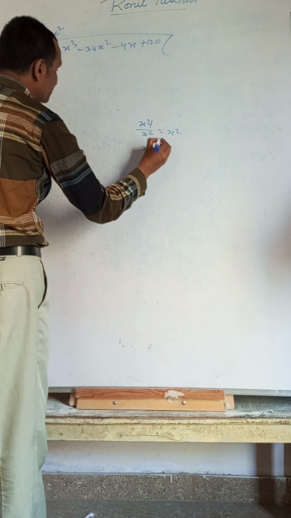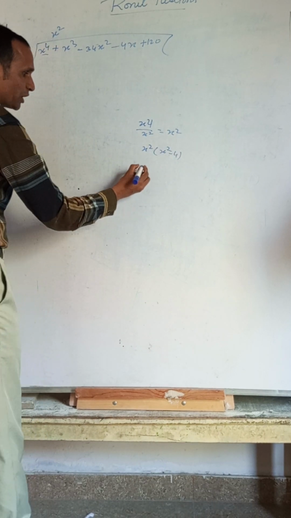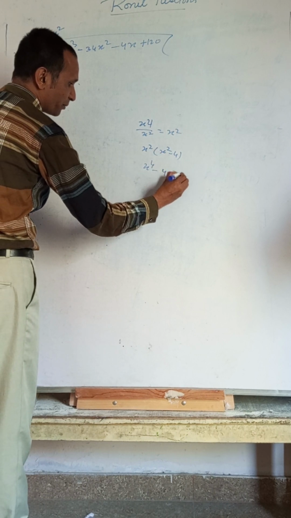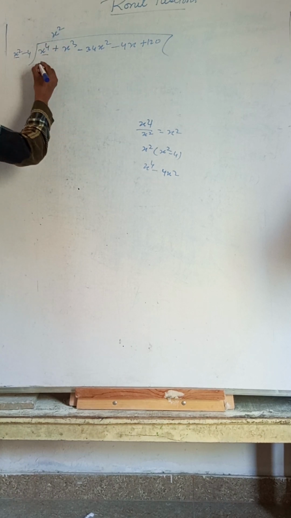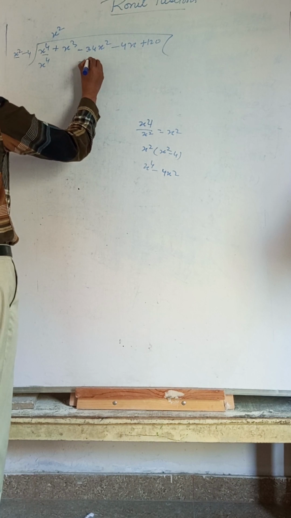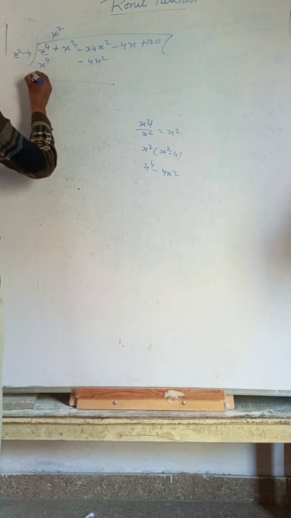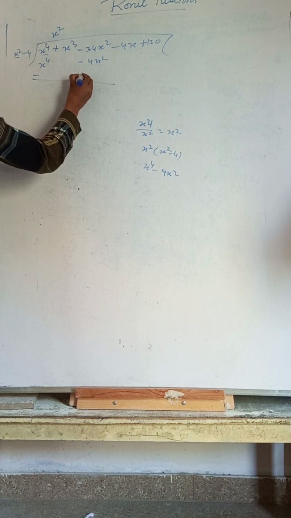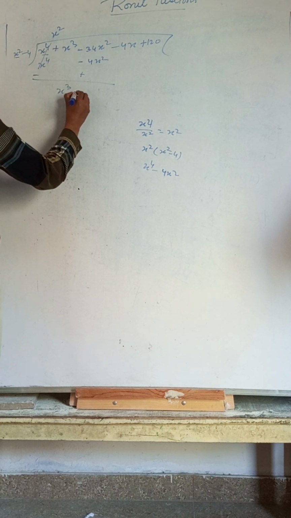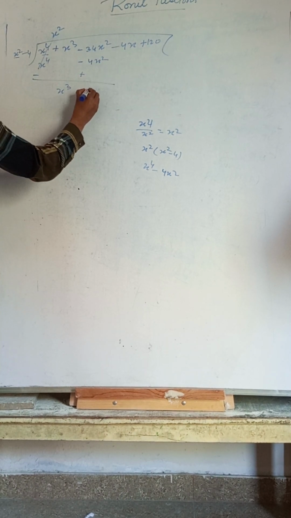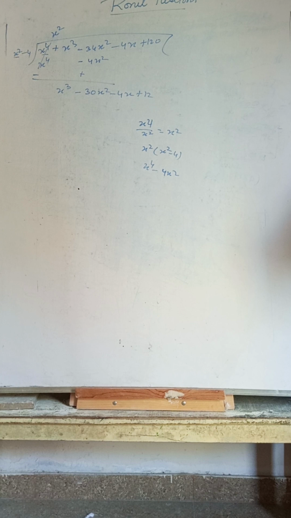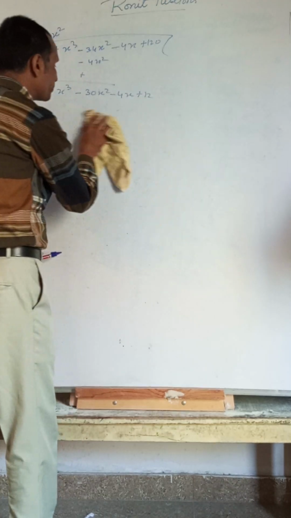This x square we got is multiplied by x square minus 4. What will come? X to the power 4 minus 4x square. Write similar terms under similar terms. Now draw the line and subtract, and the signs change. This becomes minus, this becomes plus, and this is cancelled. What comes is x to the power 3, minus 34 plus 4 is minus 30x square, minus 4x plus 120.